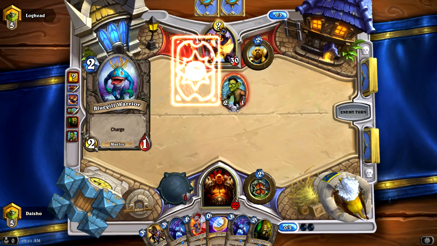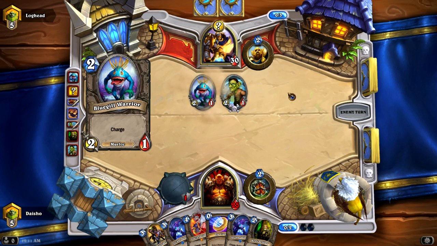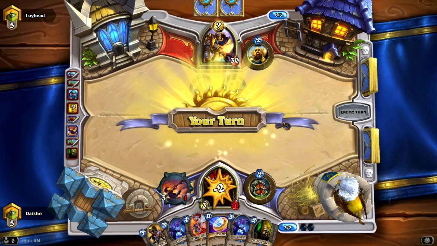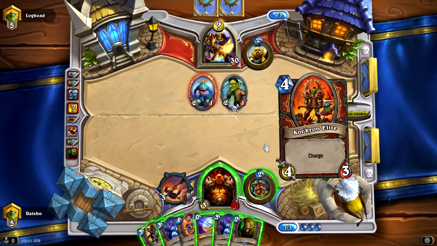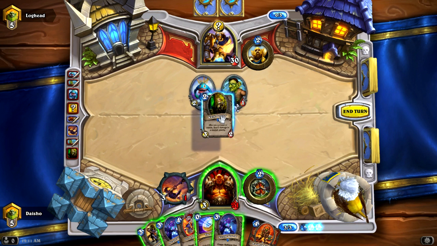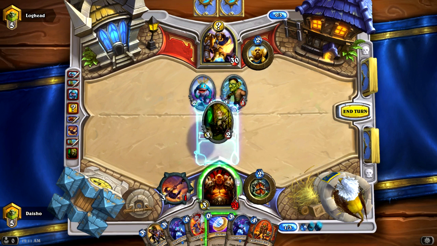Alright, so it looks like my opponent's got himself a Noble Sacrifice here, which is interesting, but I'm not really sure exactly what I should do here. Hopefully I draw a 2-drop. Core Chron Elite. Yeah, this is bad. Alright, so we're just gonna drop this Knife Juggler,